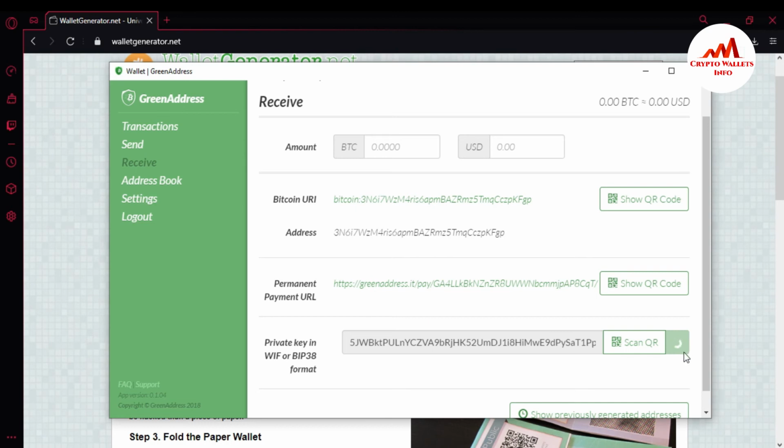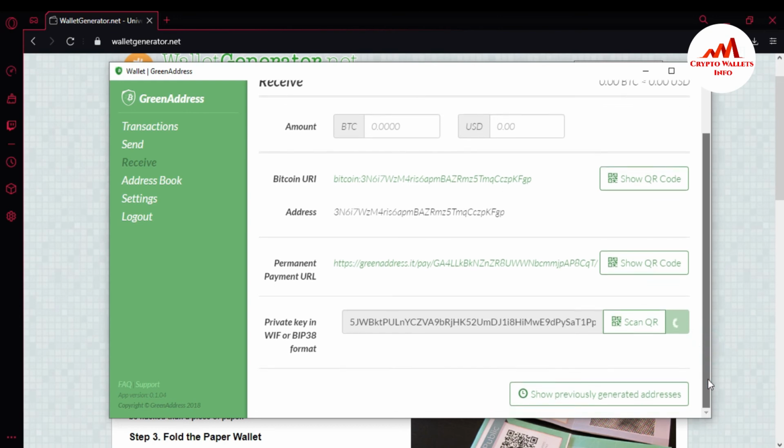You can see here the wallet is importing, and it may take some time to import my Bitcoin wallet with my private key. So let's wait for this. It's going to take some time. You can use the same scenario if you have your wallet private key like your Bitcoin address. You simply copy your private key and paste it here.